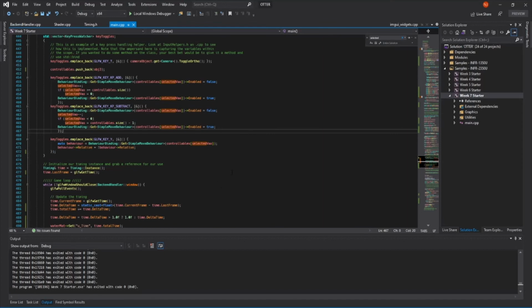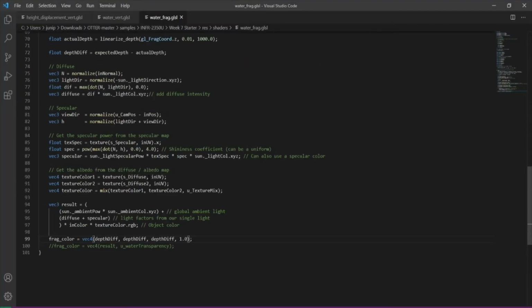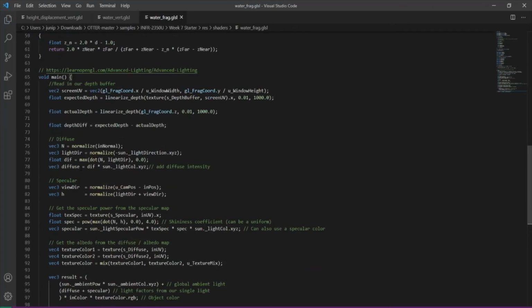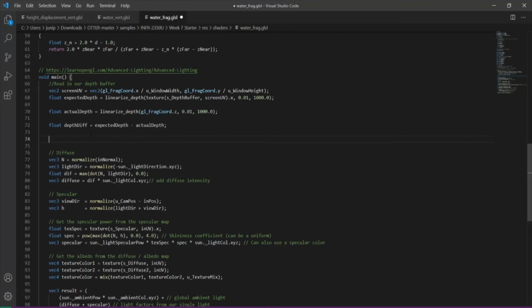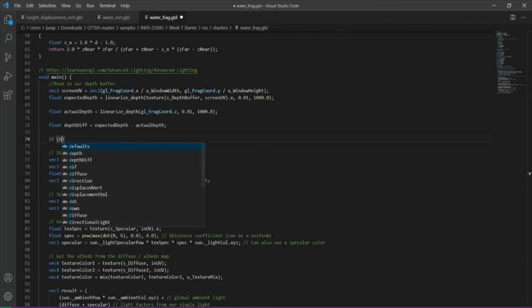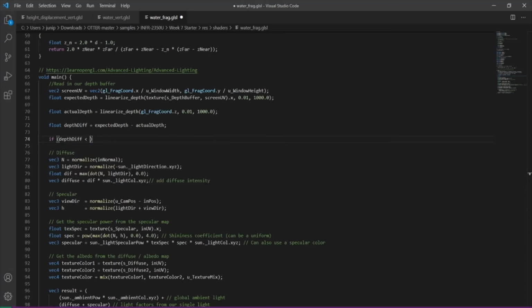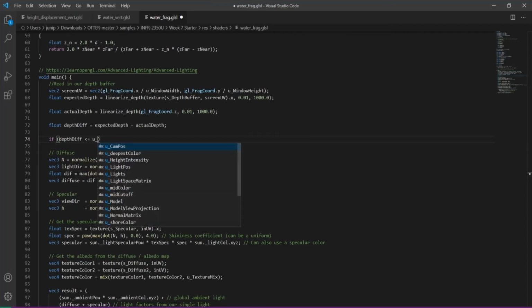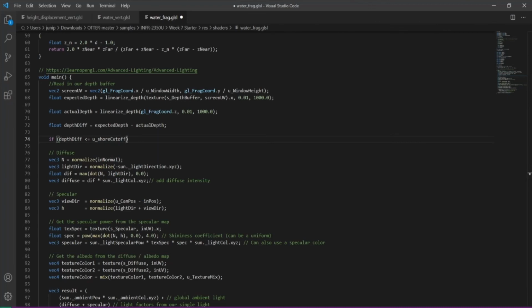Now that we have all of that data, here is the part that I mentioned was going to be inefficient. If you find a way to convert it into mix and different smoothstep functions, that will count as your ILE, and I'll put this all in the information for the ILE. So what we're going to do is, if depth difference is less than or equal to our shore cutoff,